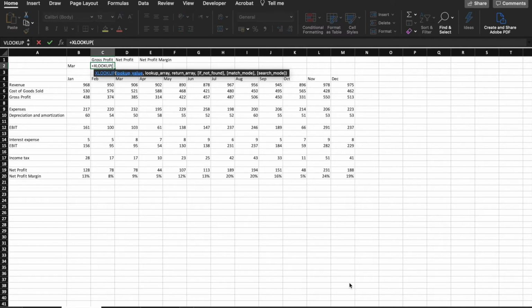The tutorial will explain how the new XLOOKUP function can be used as a VLOOKUP and HLOOKUP function at the same time. The XLOOKUP function is the improved version of VLOOKUP and HLOOKUP. The XLOOKUP function is used when you need to find things in a table or arrange by row.